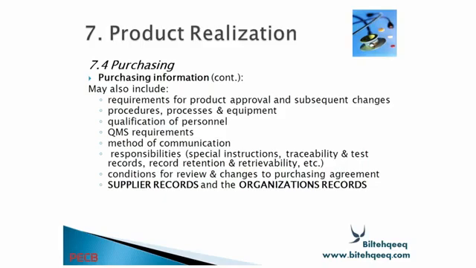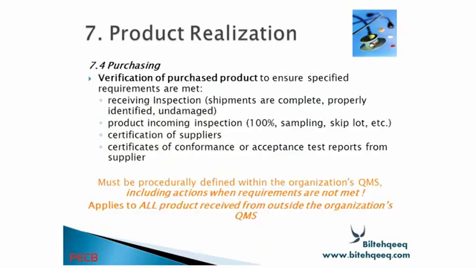Purchasing information also includes requirements for product approval and subsequent changes, procedures, processes, and equipment, qualification of personnel, quality management system requirements, method of communication, responsibility, special instructions, traceability and test records, record retention and retrievability, etc. Conditions for review and change to the purchasing agreement, supply records, and organization records. So you have to also maintain this information, and you have to keep the records of all the